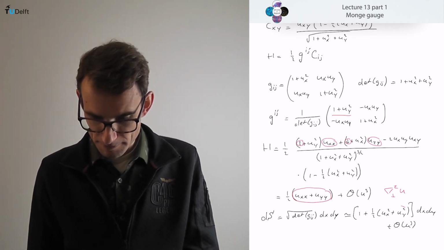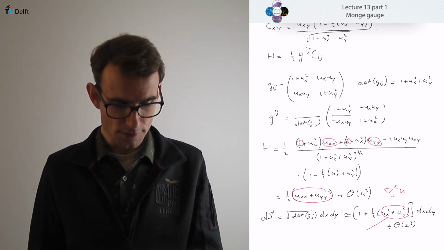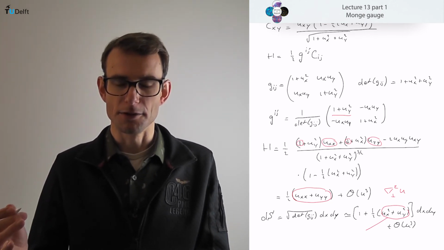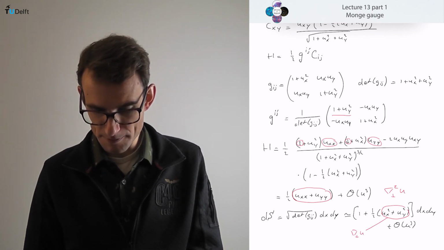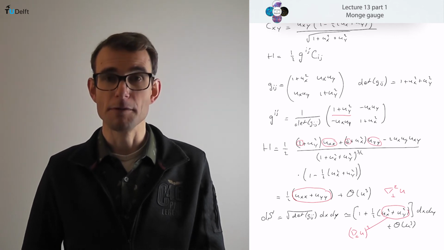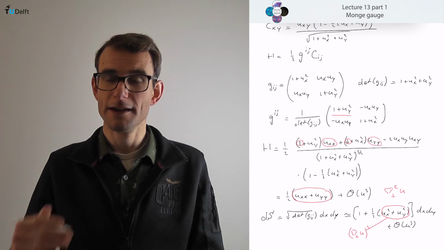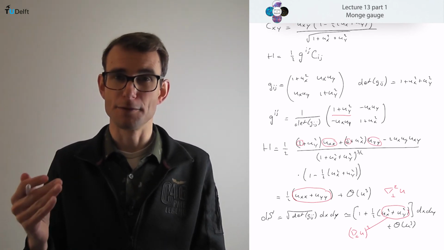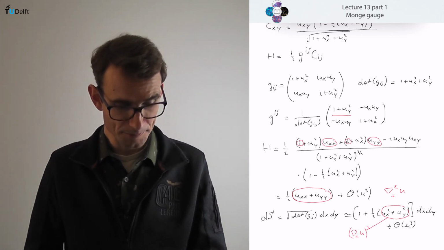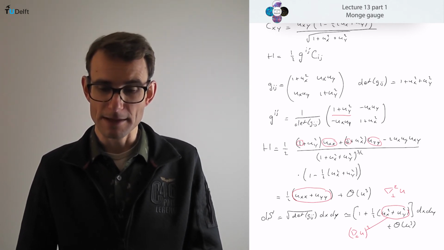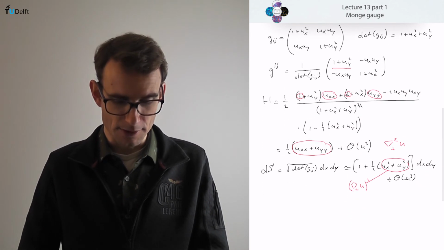And for this one here, we have the gradient. It's the norm, the length of the gradient of u, but again, the gradient in two dimensions. The gradient, of course, is the vector that's the derivative of u to x and the derivative of u to y. If I take the norm of this, it's the derivative of u to x squared plus the derivative of u to y squared, which is exactly this number. And so we can write them in this form, and then use that to calculate what the